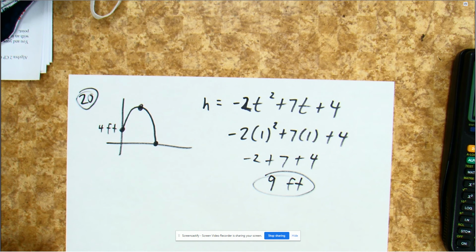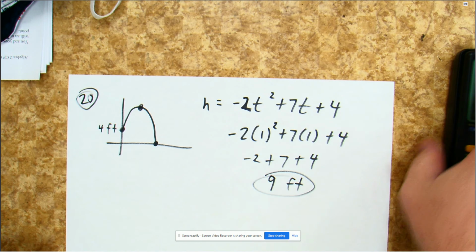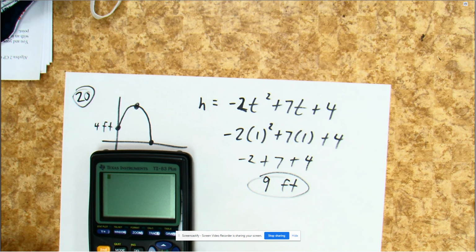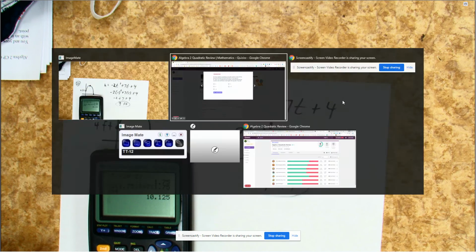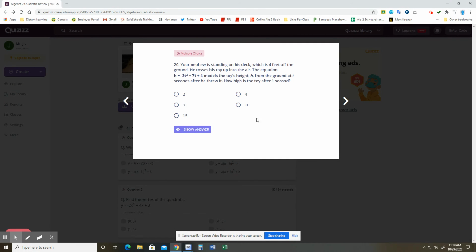Looks like 9 feet. Now, I have no idea whether or not that's the vertex. It probably isn't the vertex, but I can double check that. Negative b over 2 times a. No, the vertex would be 1.75. Yeah, and the highest height the vertex that it would reach is actually over 10 feet. But looking at these choices, how high would it be after 1 second? You can see that 9 feet is clearly the answer. I would definitely make sure that you put units on that, because just having a 9 is not going to cut it,